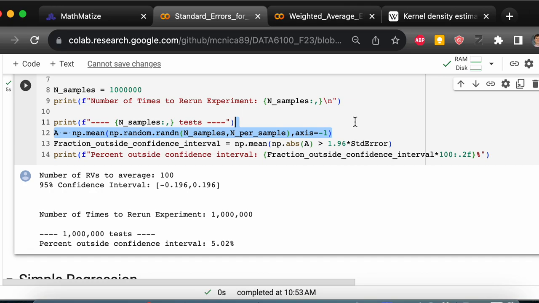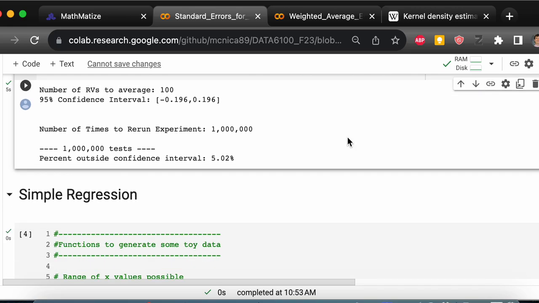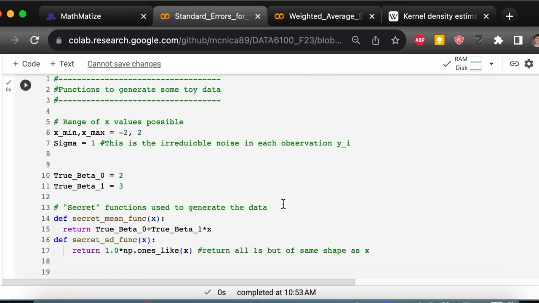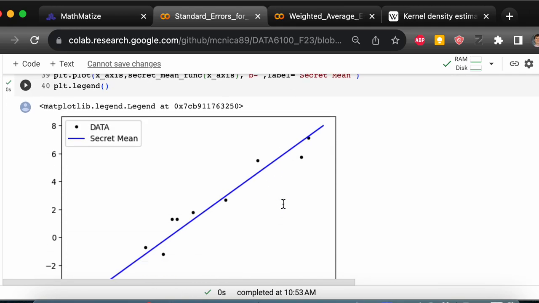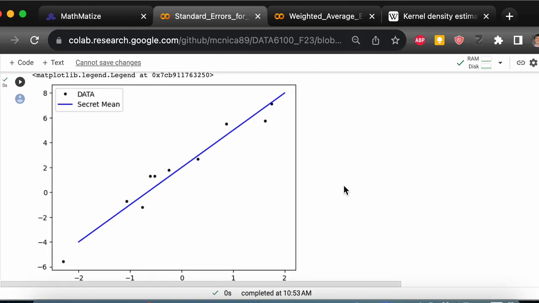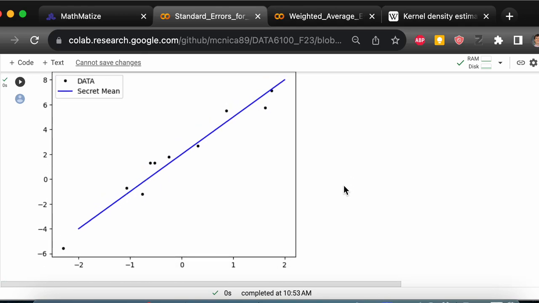Okay, so why are we doing all this? What does this have to do with anything? Well, in the textbook, we started with a simple regression with a one-dimensional regression, and it looks something like this. So we had some points. We had 10 points of data, and just like we were doing before, we have a secret function in blue, which is the secret relationship between the x and the y that you don't know and you would like to estimate by using linear regression. So there's the 10 points, and here is the secret blue function that we don't know,